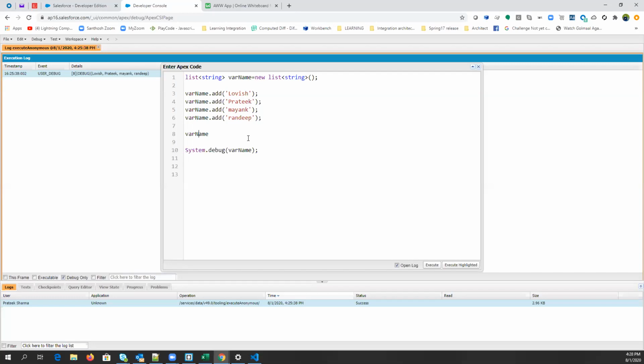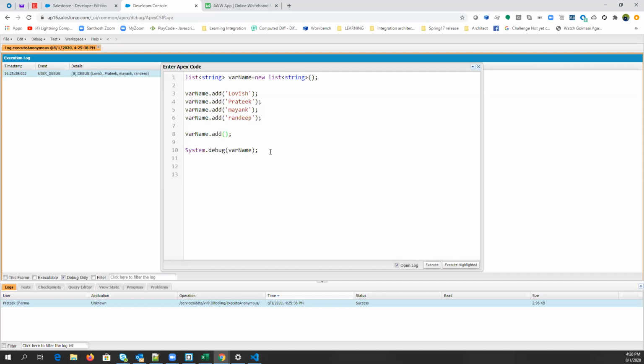What is the signature here? The parameters we are passing into the method should be different. So now we are calling an add method, but with different parameters. Now we need to pass two parameters. The first one is the index and the second one is the value that you want to store at that particular index.